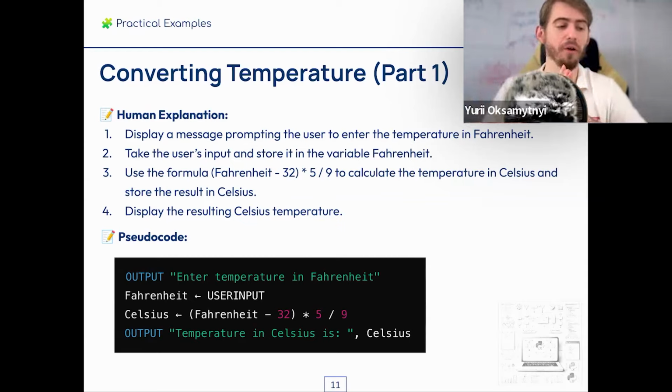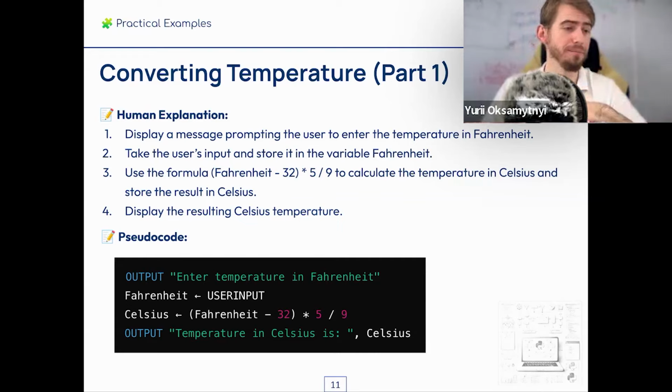All arithmetical operations are pretty much the same as in any other programming language, or the way you use them in math. We can see how we are storing it in the variable Celsius, and then we are displaying the temperature in Celsius. This is a message, and then we need to add a comma and the variable that we are going to show after